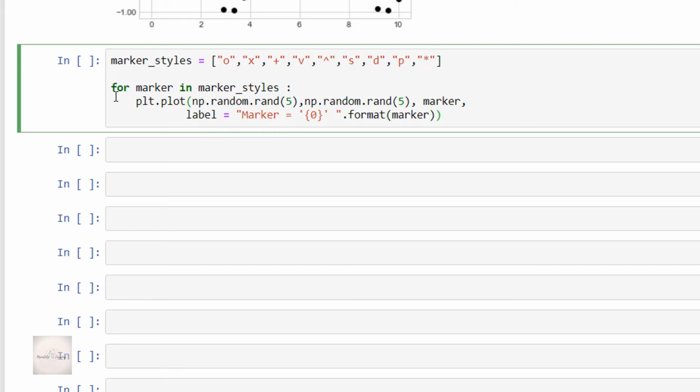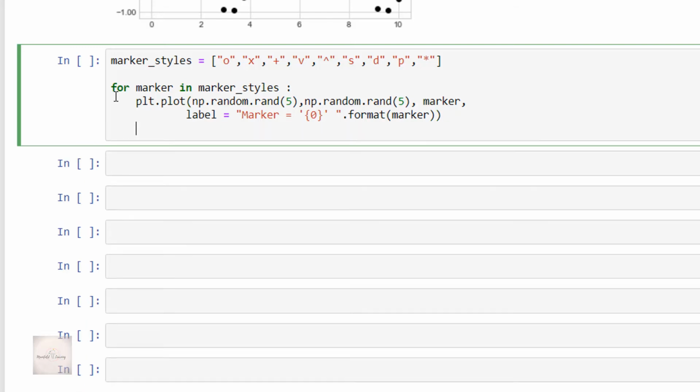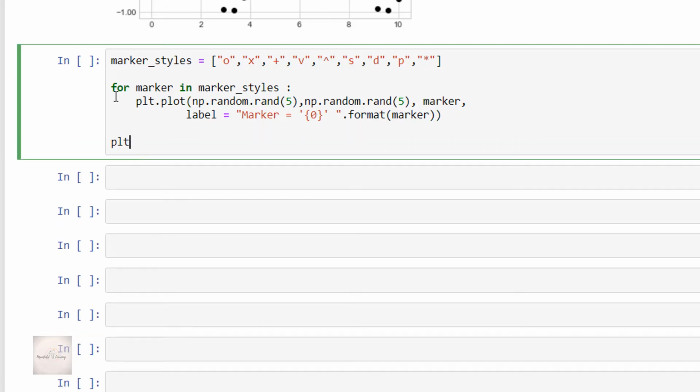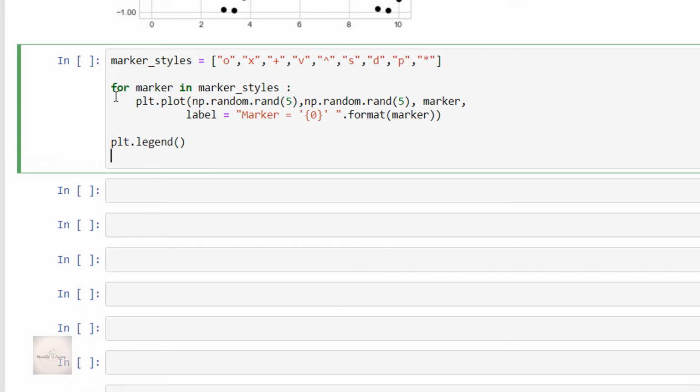Here I'm plotting 5 randomly generated pairs of points for x and y with a marker, and after that I'm using this label to print the legend. So finally I'll write plt.legend. And one more thing: for clear visualization of the plot, I'm specifying the x limit.